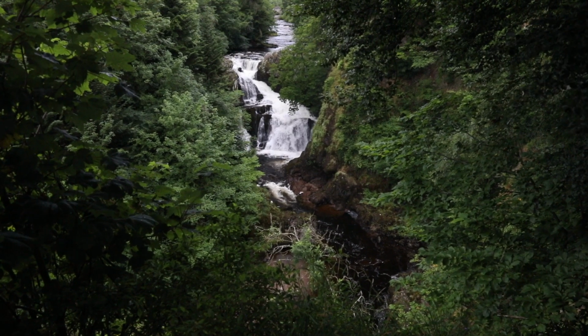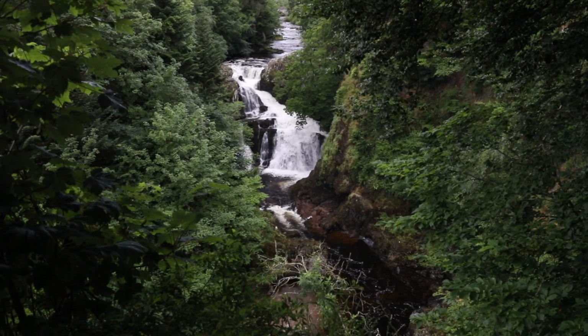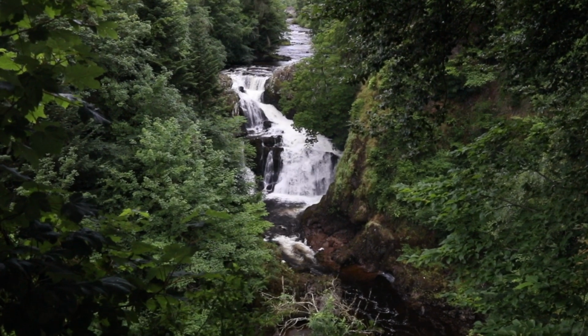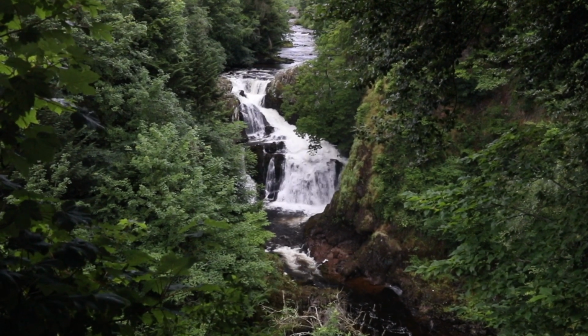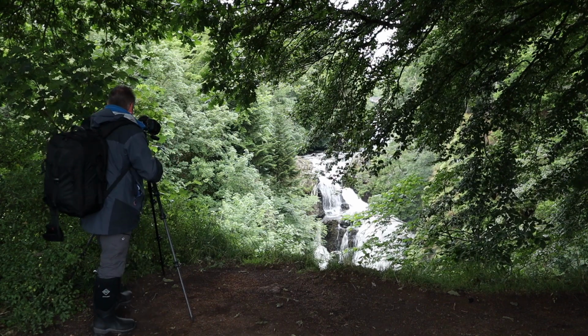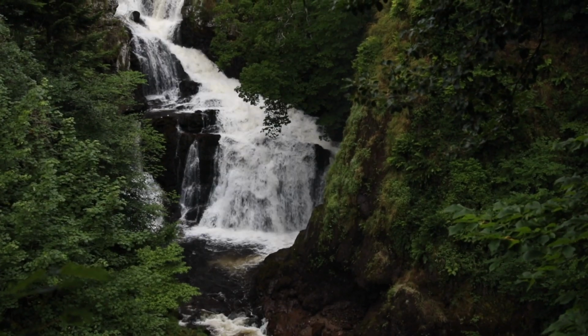So I'm focusing in on the centre of the falls. I've got 1/8 of a second, f8, ISO 100, and I'll take that shot, and I've got enough smoothness in the water for what I like. So what I'll do now is I'm just going to zoom in just a bit. I'll reposition